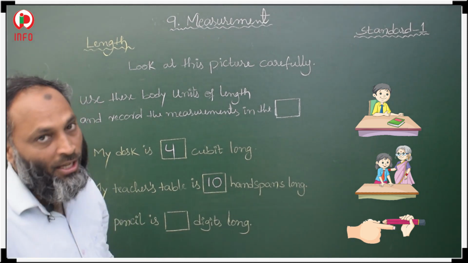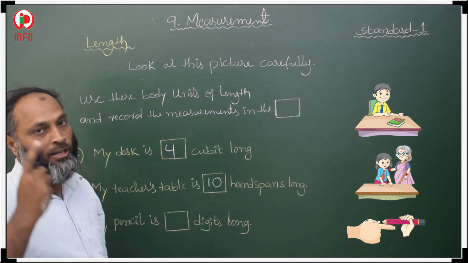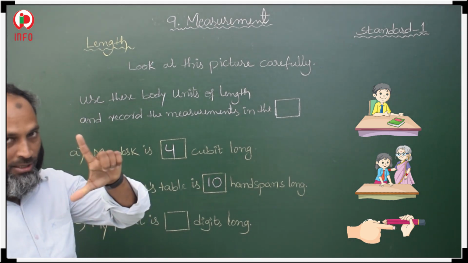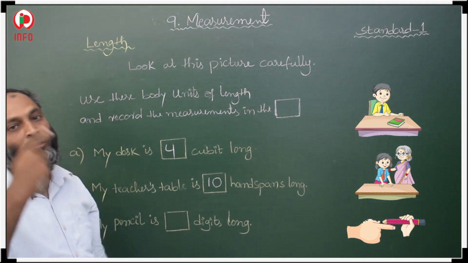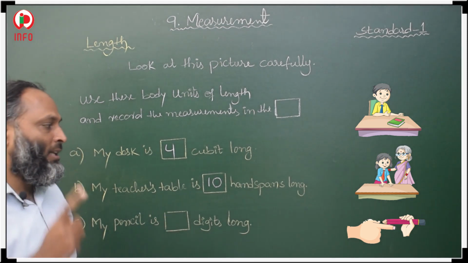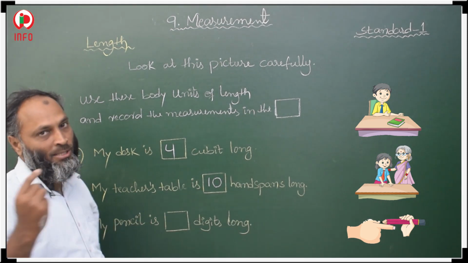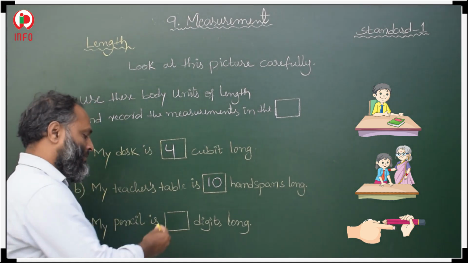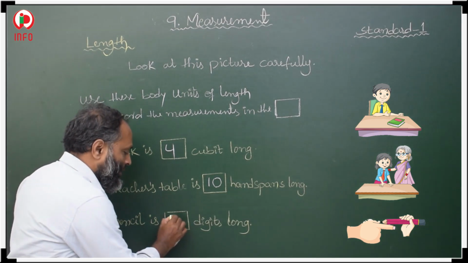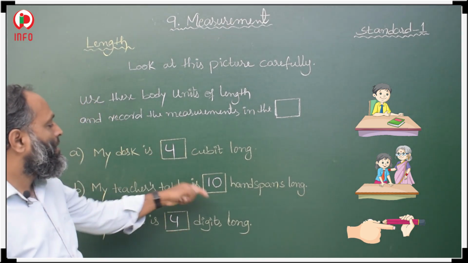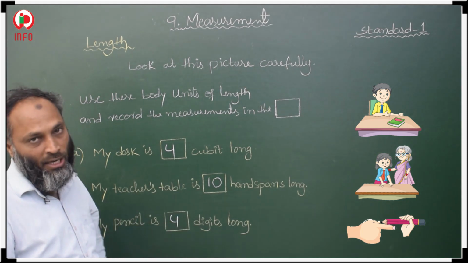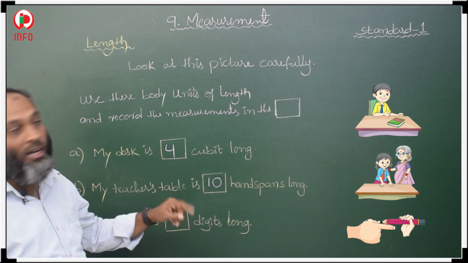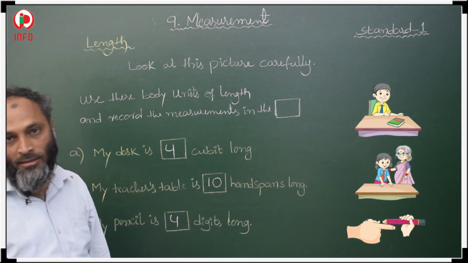So like that you find your pencil length, okay. According to your digit, according to your finger, find the length of your pencil. Take your big pencil and measure the length with your first finger, that is 1 digit. Your hand is small now, so it is approximately 4 digits long, 4 to 5 digits. I am taking an approximate value here, but you should count accurately and write your accurate answers in the boxes, okay.